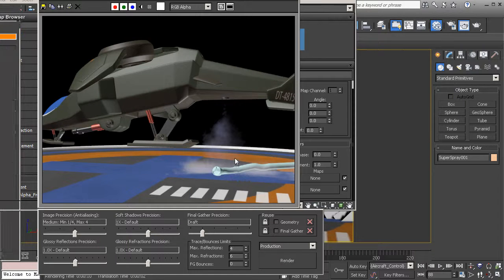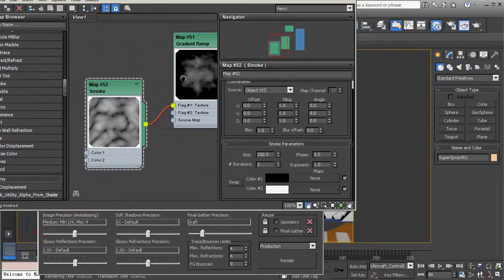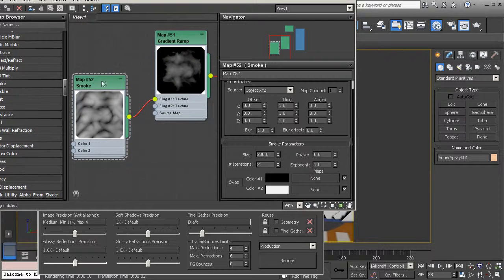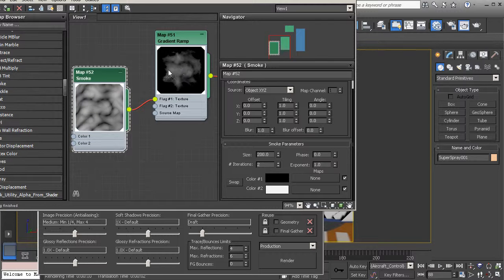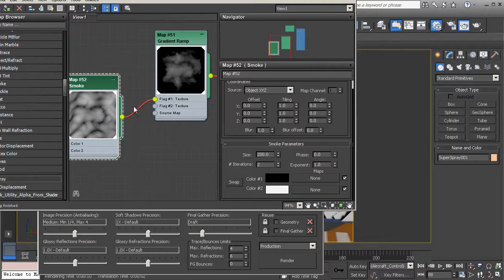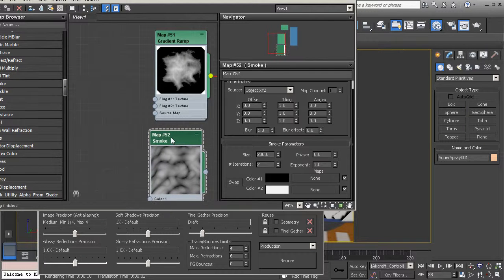So if this particular method doesn't work out, we have a couple of different options that we can use to mix these together. So this is one option of mixing your textures together, a pretty straightforward method. Another method that we could use is to actually composite these two back together and use a third node to bring those together. So let's take that smoke and disconnect it from our gradient